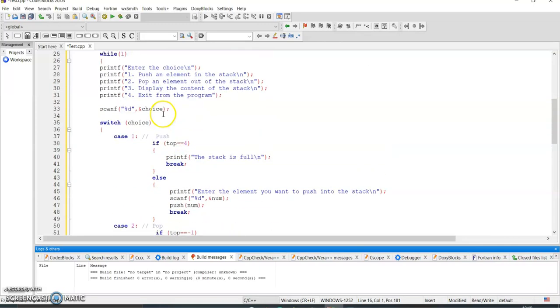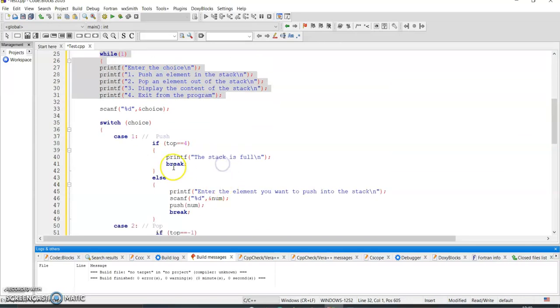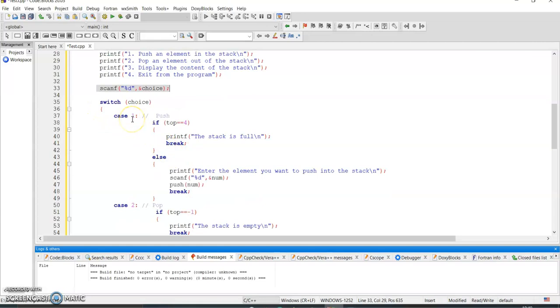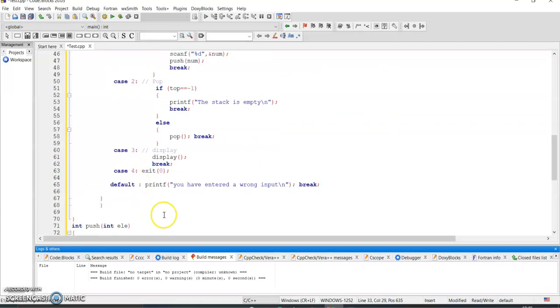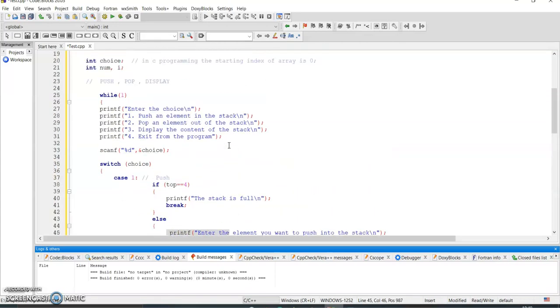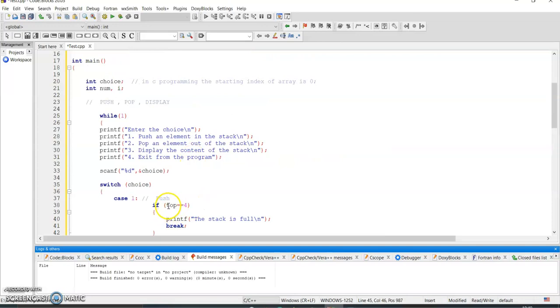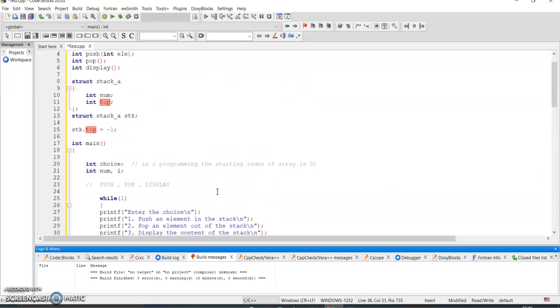Again, while one, we have this menu, scanf choice, then case one for push, case two pop, case three display, and default. In here I have asked the value. Similarly here, I cannot write top equal to 4. I have to write here,